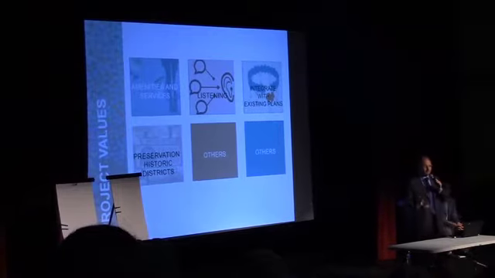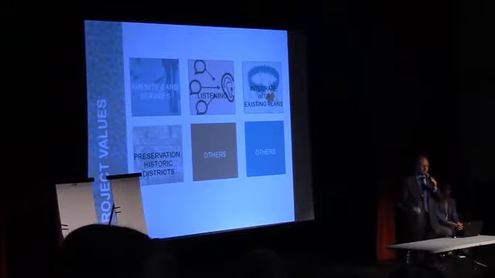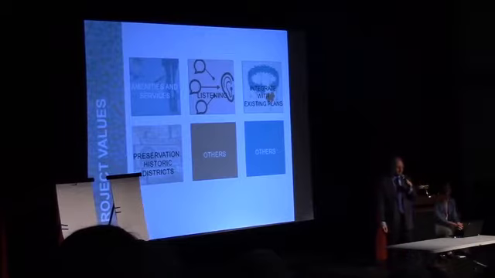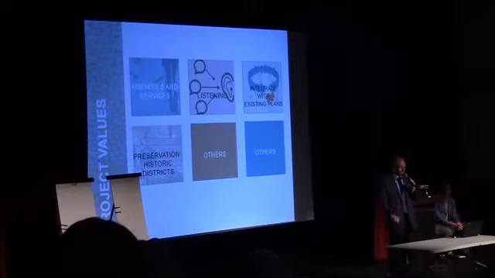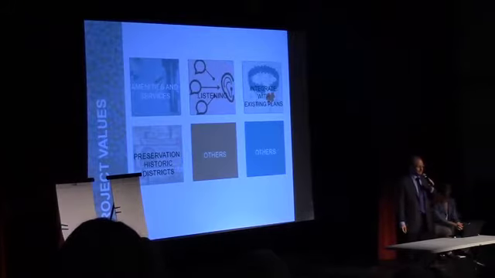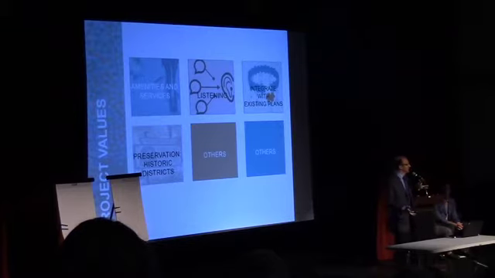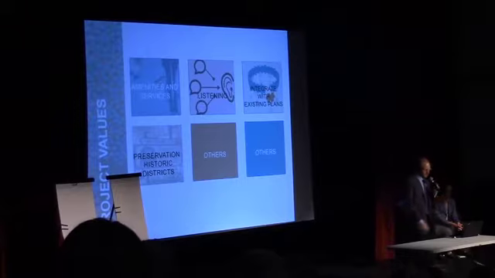I mentioned integrating with the existing plans, and we want to make sure that the development is responsive to some of the objectives that you've already outlined in the plans for the associated neighborhoods. And preservation is important. We recognize that the Virginia-Highland is a historic district, and we want to respond to that with our design. But these are just the initial ideas that we've had based on early conversations, and we want to hear from you, hopefully tonight, some of the values that you want to make sure are associated with the project.